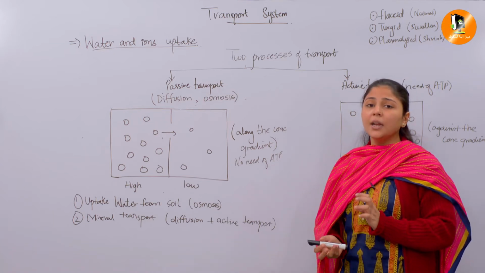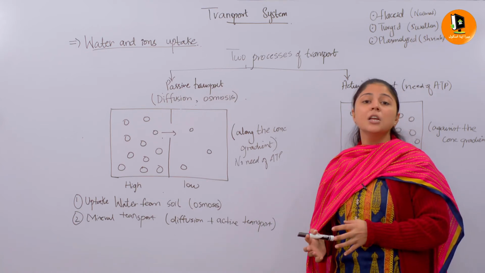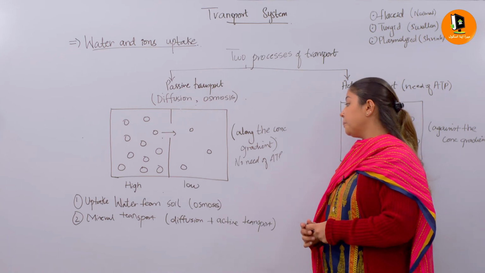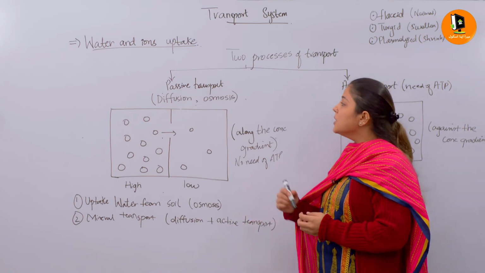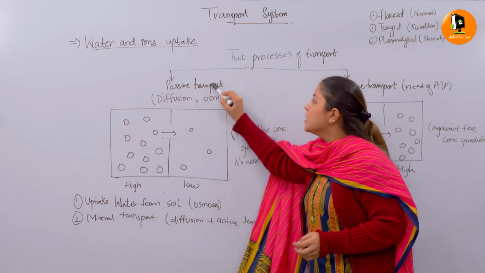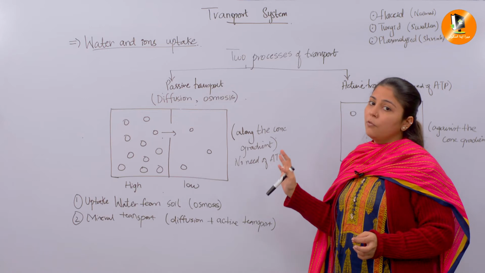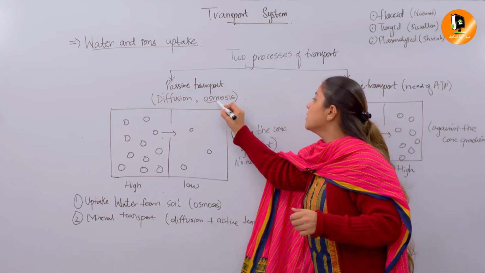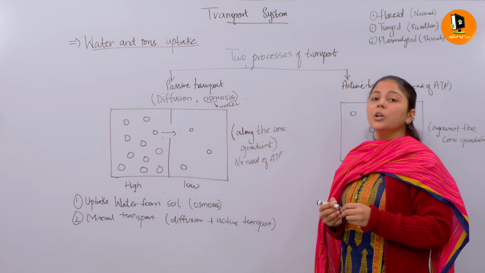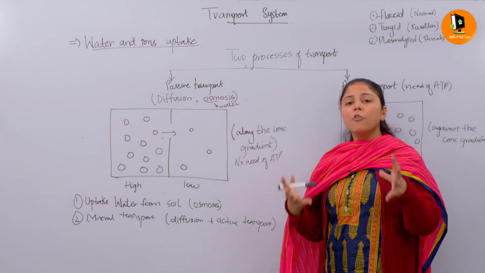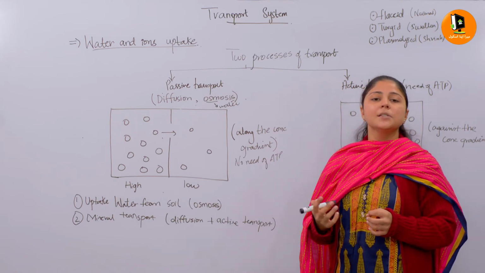Root hairs were there, and it just favors the transport system. It just favors the diffusion process over there. When we are talking about water molecules, just learn this concept: in passive transport, the osmosis type will always come in with water, because osmo means water. So whenever you discuss the movement of water, the first important process that comes is osmosis.